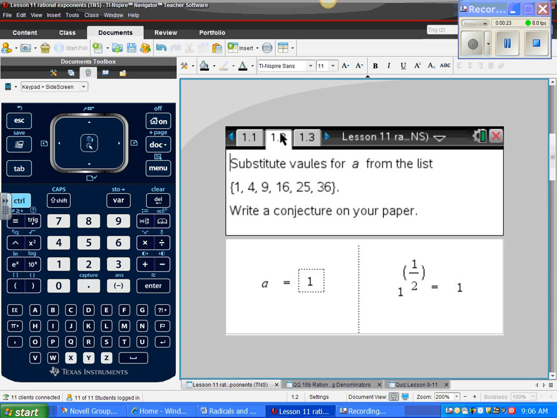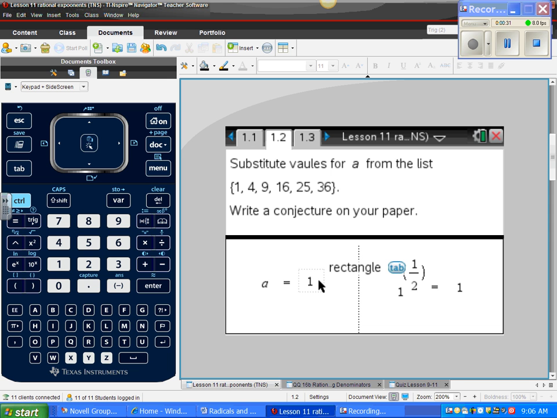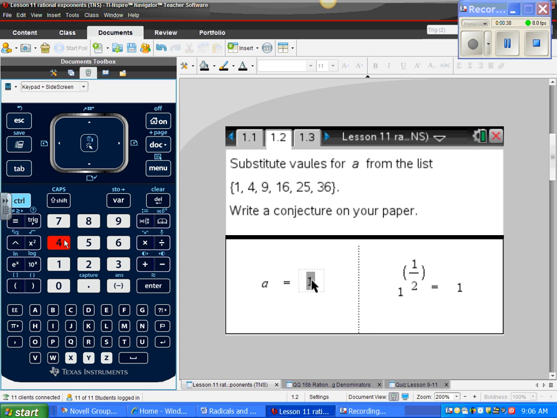We're going to substitute the values in for A from the list 1, 4, 9, 16, 25, and 36, and we're going to write a conjecture on our paper about what we see. I'm not sure that this is going to work. We can hope. So if I take A and make it 4, possibly,